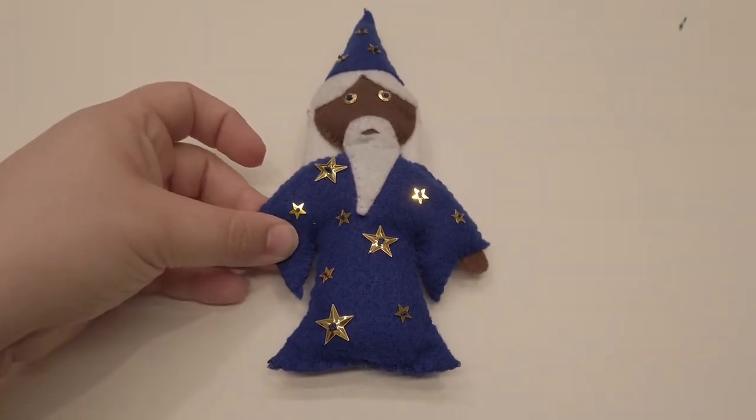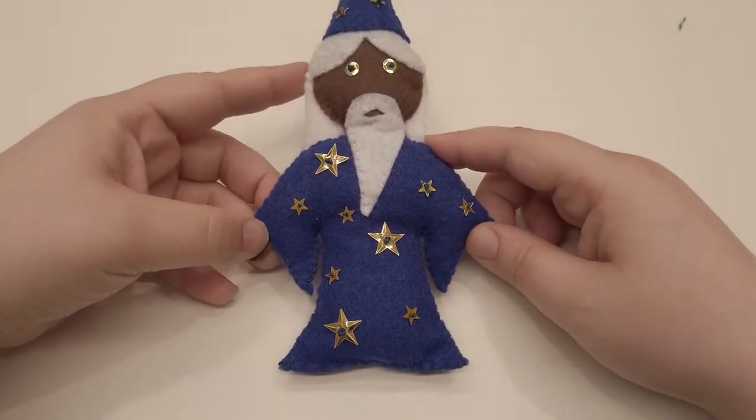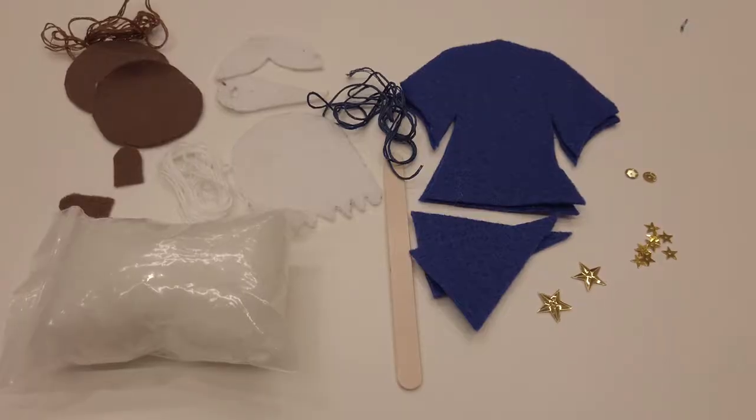I'm Julia at the Greenville Springs branch of the East Baton Rouge Parish Library, and today I'm going to show you how to make a wizard Feltie. Your kit should contain